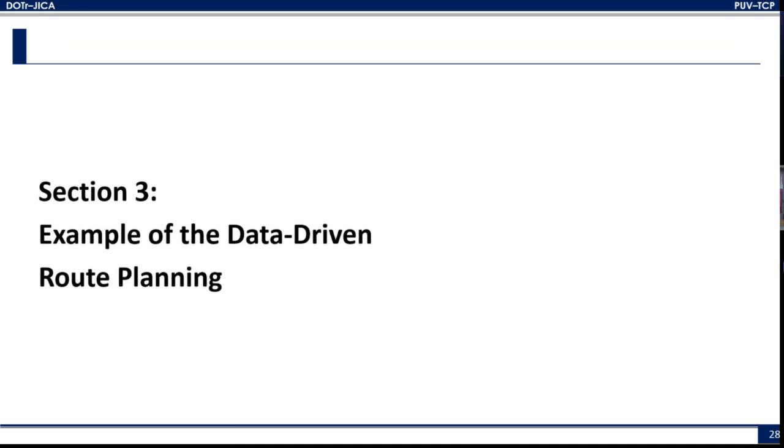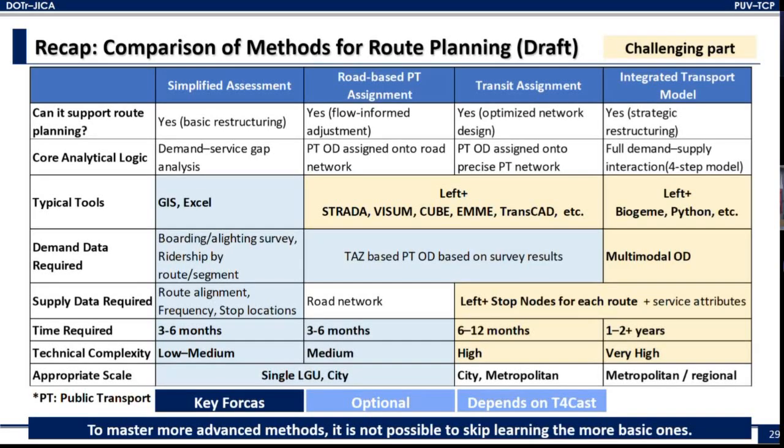It's an example of data-driven route planning. This one shows a comparison of methodologies for route planning, prepared by Yamada-san last month. The demand forecasting models are shown in columns 2, 3, and 4 of these tables. With so much software involved and the multimodal OD tables to be secured, it will take very long months and require